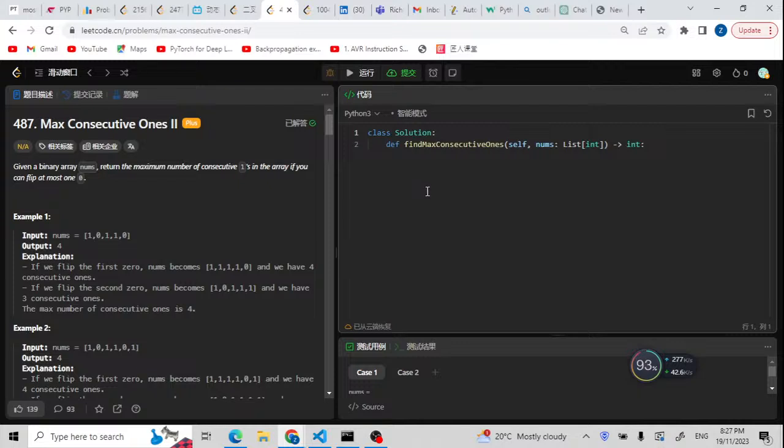Today I try to solve LeetCode problem 487, Maximum Consecutive Ones II. For this problem, we are given an array nums. Inside the nums, we can flip only one time. So we need to return the maximum number of consecutive ones in the array if we can flip at